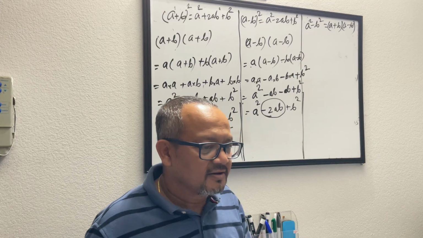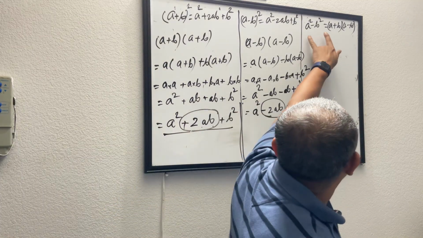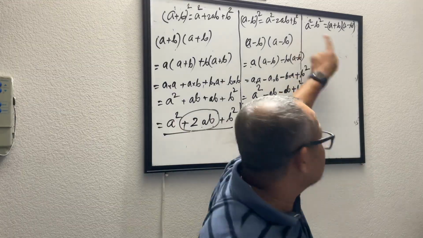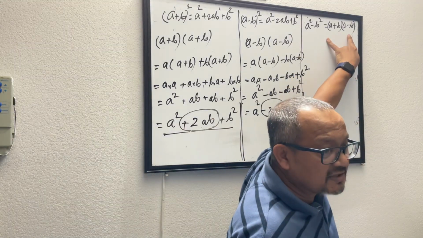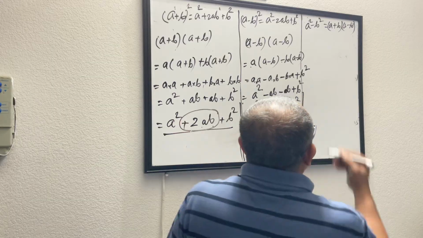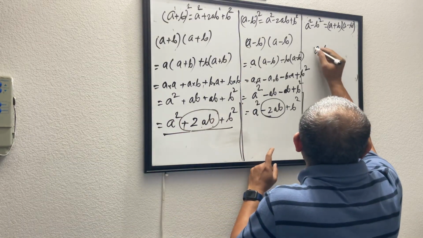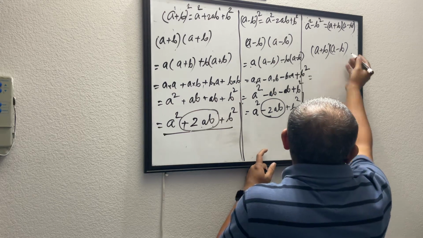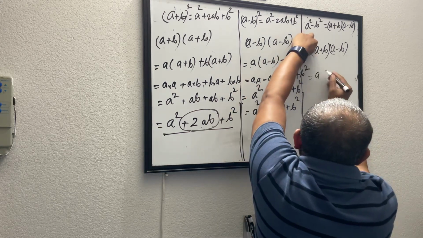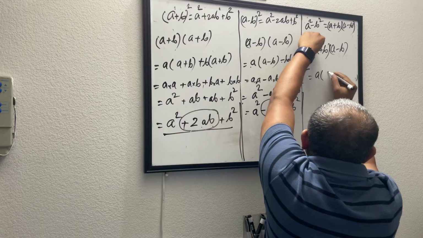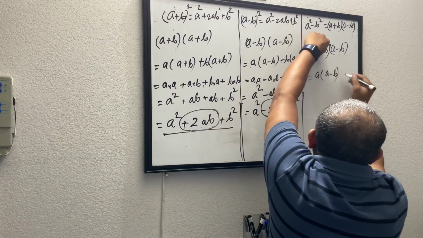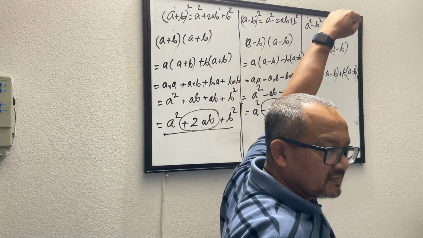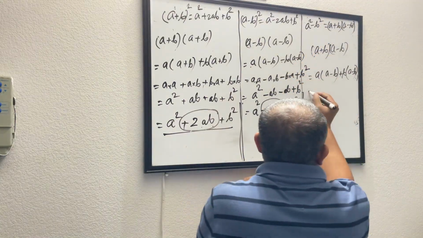Relatable? Now, this one, a square minus b square equal to (a plus b) times (a minus b). So this one, why would I break my head with this? I had these two things, let's multiply them and see what happens. (a plus b) times (a minus b). Let's see what is that. So this becomes, again same thing, we'll break it like a times the whole thing plus b times the whole thing. Okay. Now let's keep breaking them.